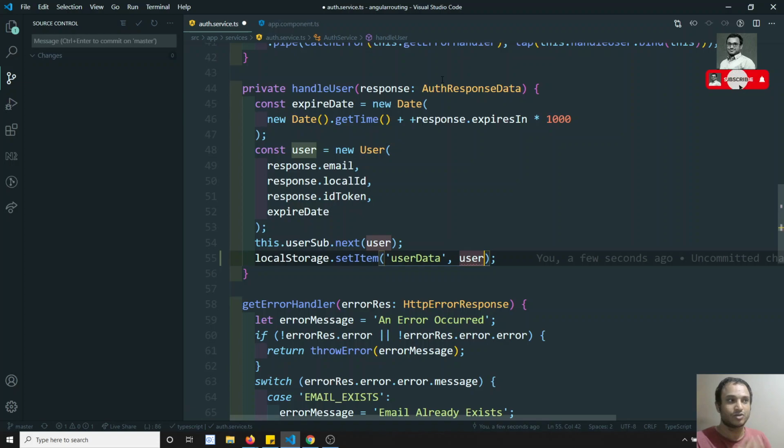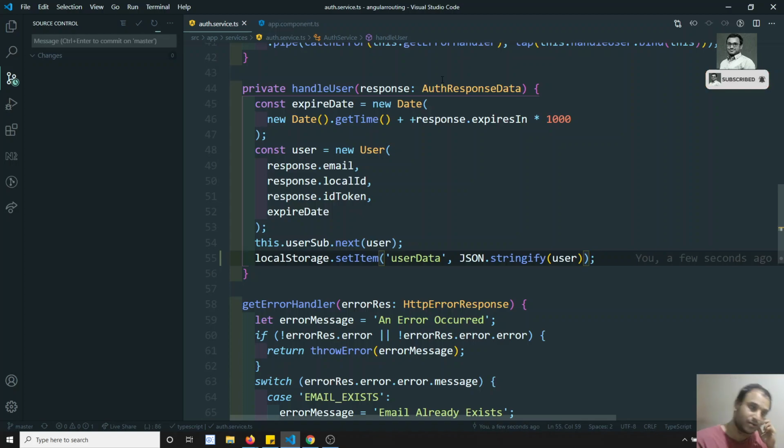So we need to convert that object into a string. We can use JSON.stringify, which converts the JSON object into a string. It will look the same as the JSON object, but it will be in string format. Okay, so now we have set the item.